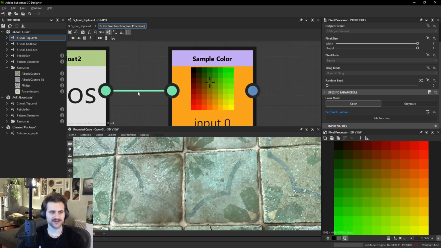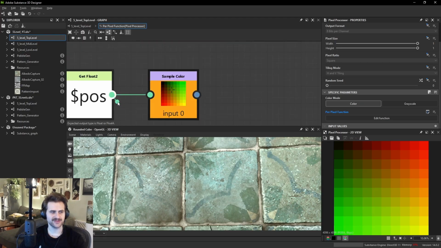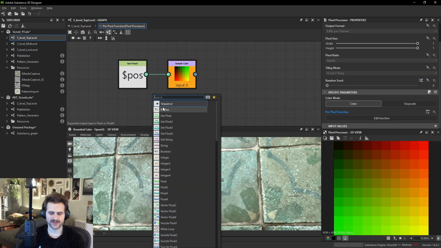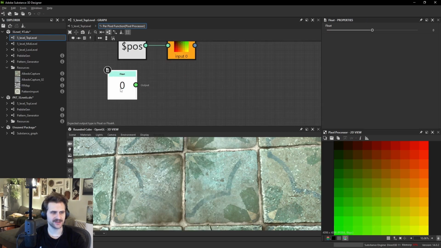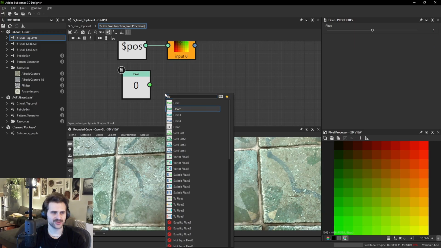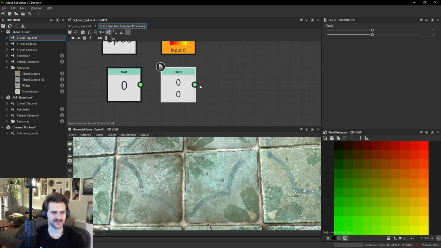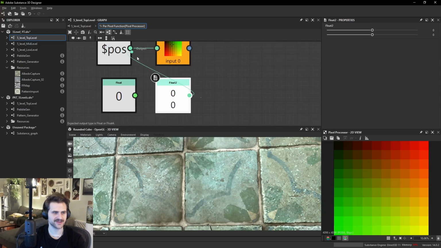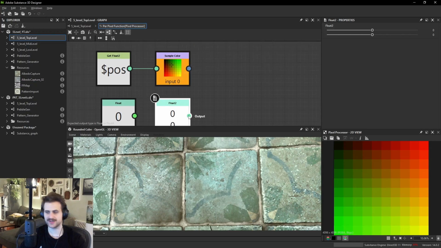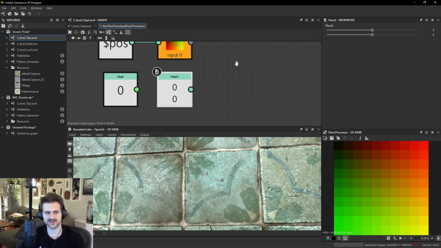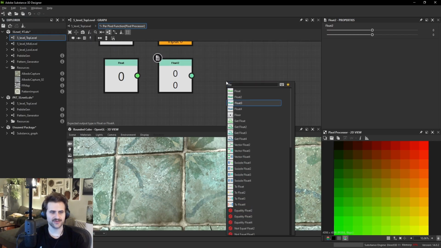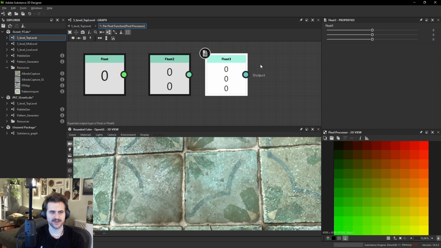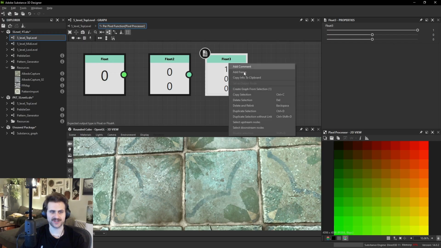So you can see the different colored nodes in here. This just tells you what data type this is, right? So you have float 1, which is this light green. Float 2, so this is 2 numbers, is this darkish green. That's the same as this, right? Our position is one of these, just 2 numbers, a vertical position and a horizontal position. Float 3 is 3 numbers, so this is like a color, right? Like if we set this to 1, 0, 0, that's red, right? 1 in red, 0 in green, 0 in blue. If we set this as the output,